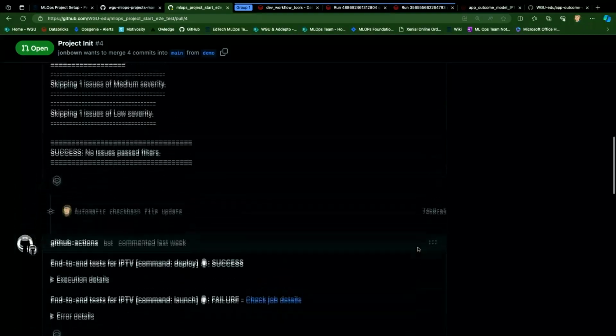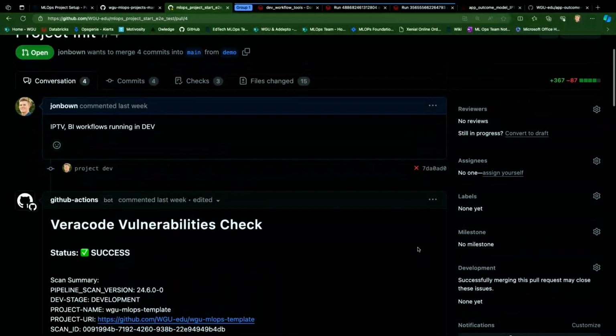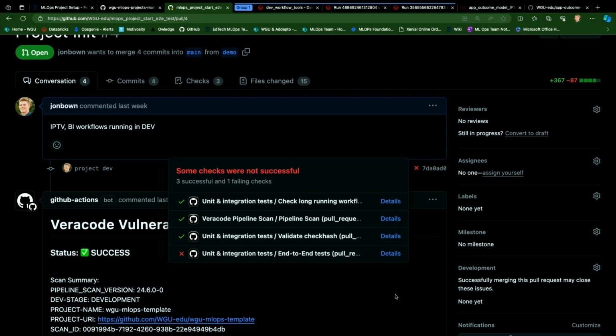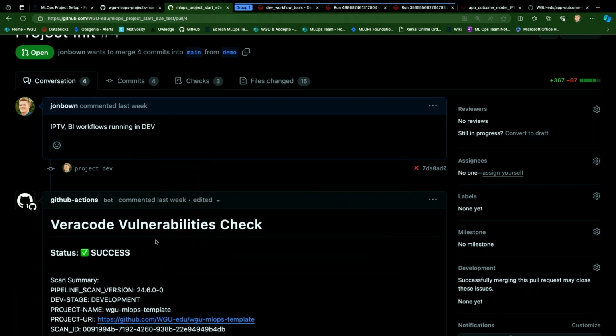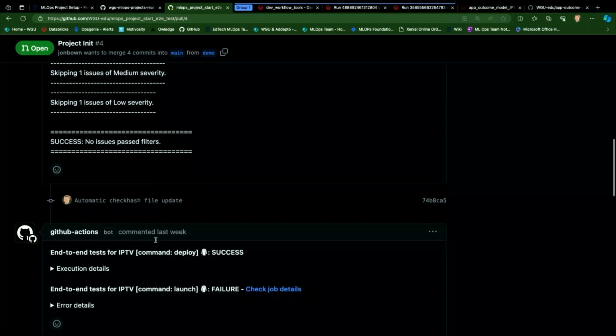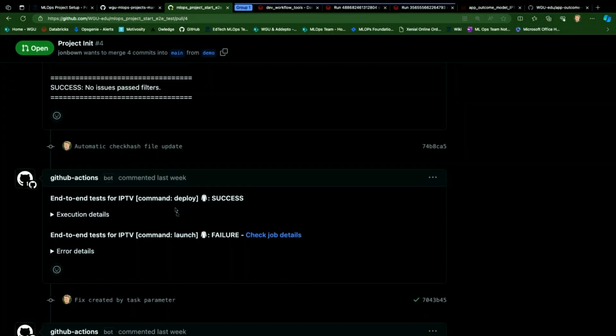And so scrolling back up here, just to show you how this process unfolded. The first commit I made, I see this red X here. This means that the end-to-end test actually failed. As an MLOps engineer, I'd probably dig into this action output and try to figure out what happened. But as a data scientist, I don't really want to dig into that. So what we've done is created these comments. After you've run a workflow, it'll output the status of each workflow. And this one I can see failed, so I can just click this link,